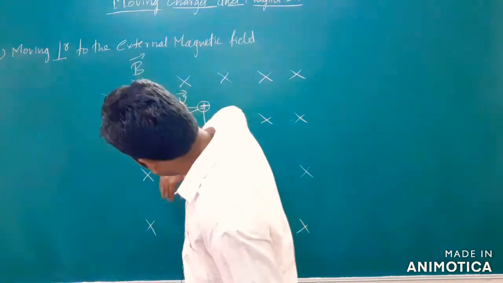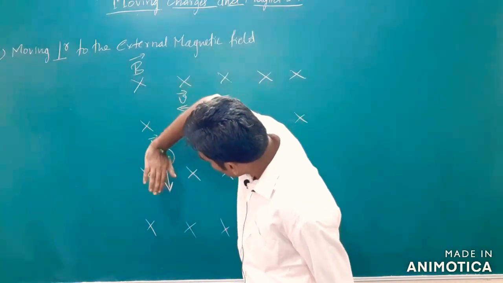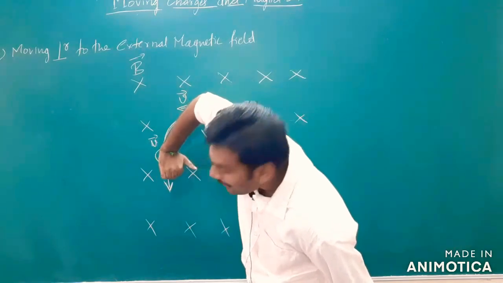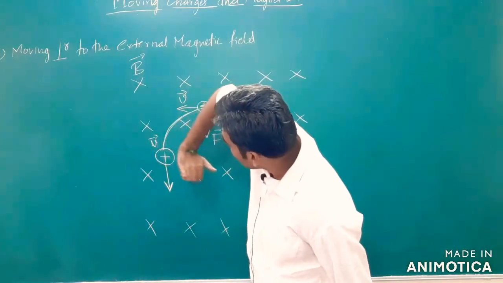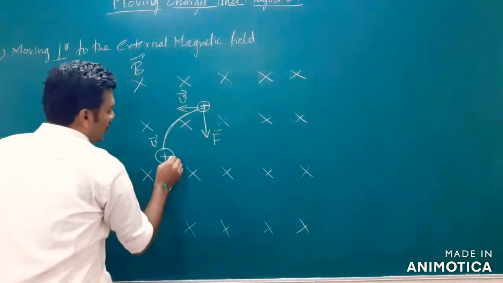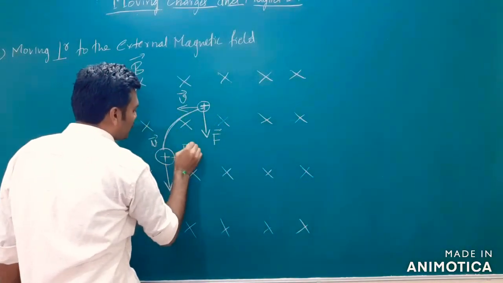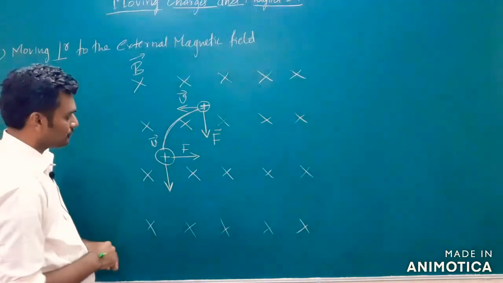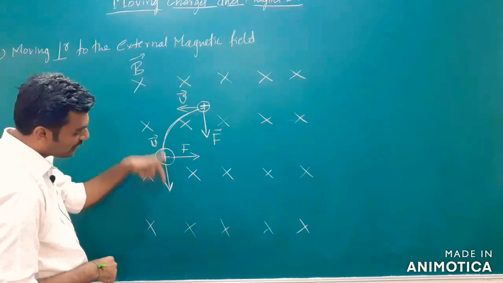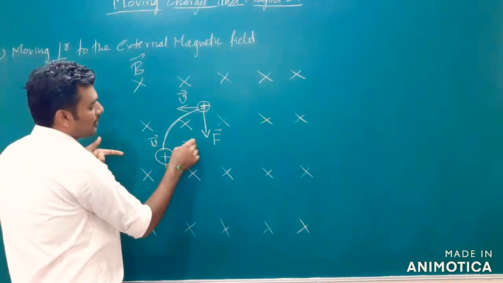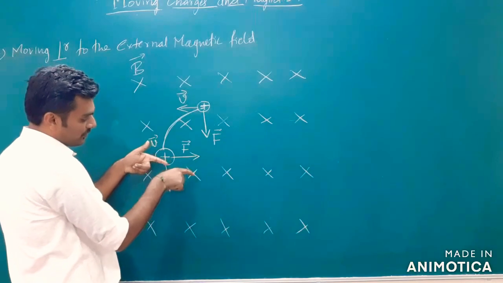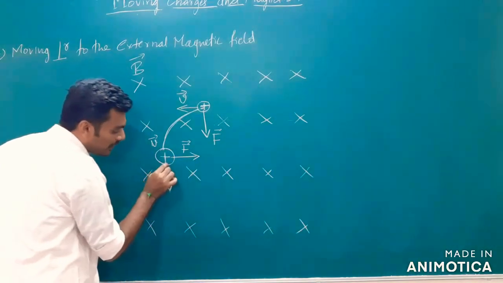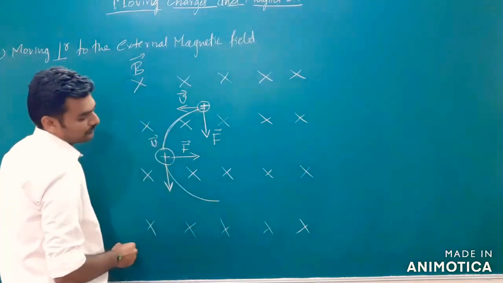So similarly, look at this, v cross b. Be careful, v cross b. What is the direction of force? Direction of force is like this. So this is the direction of force when the charged body is at this point. Now, the body is trying to move in this direction, but the magnetic force is pushing it like this. So due to the original velocity and the magnetic force, once again it will trace a semicircular path